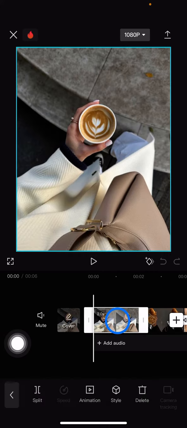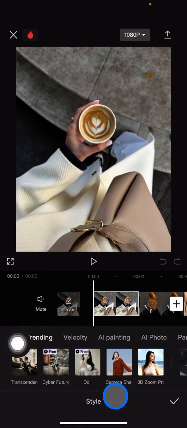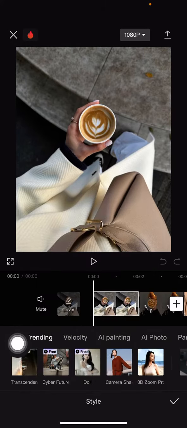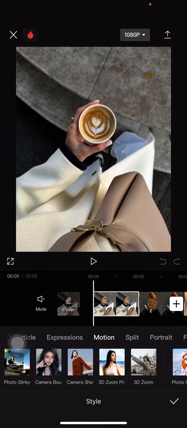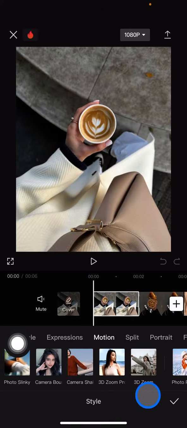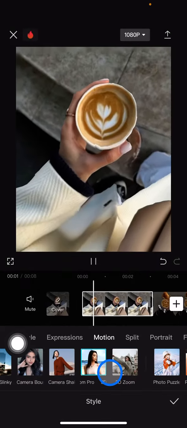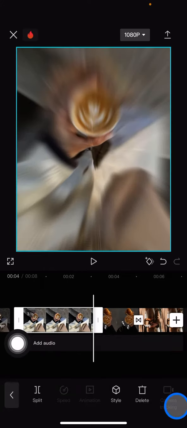Just click the clip, and after that you just need to click style. In this style, you just need to find a 3D Zoom Pro, or you can also explore other things. Make sure that you are in the motion section, and after that you will find 3D Zoom Pro and 3D Zoom. So you can choose which one you want to add. If you want 3D Zoom Pro, you can just click it to apply it and see how it works. Okay, and after you're done, just click done, and let's try another